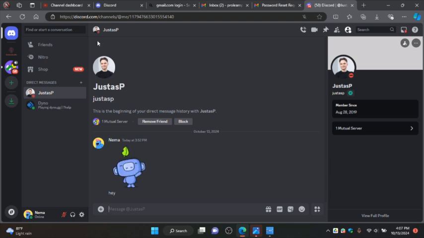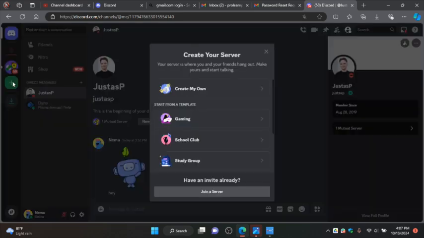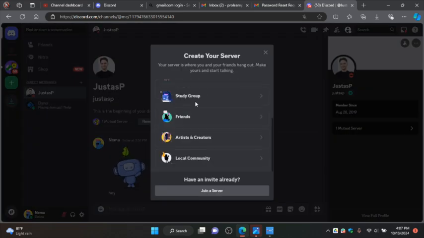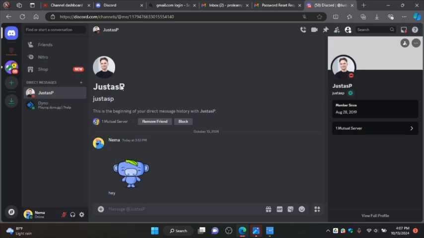First, you have to make sure you're connected to a server. Click on the server you want to share your screen with, or if you don't have any server, you can quickly create one right here. Or if you have a particular server you wish to join, just look for their link, then join through their link. But currently I actually have